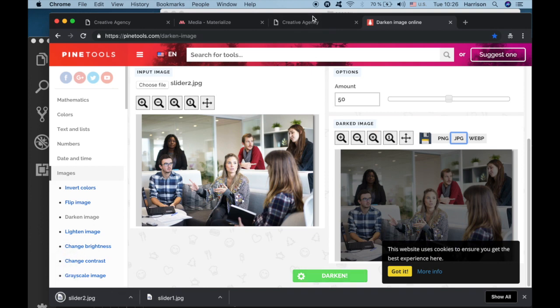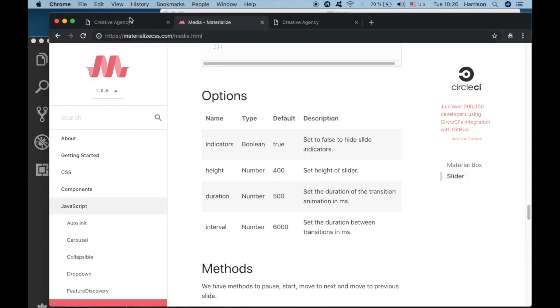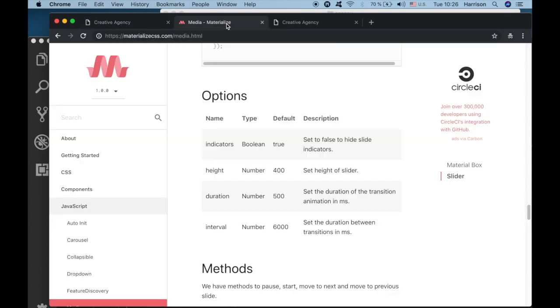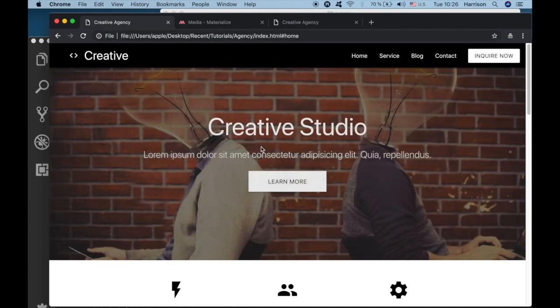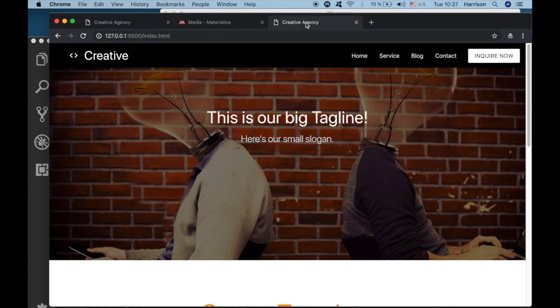Replace. So yeah, perfect. So the next step is to implement our write-up for Creative Studio. And so to do that, let's